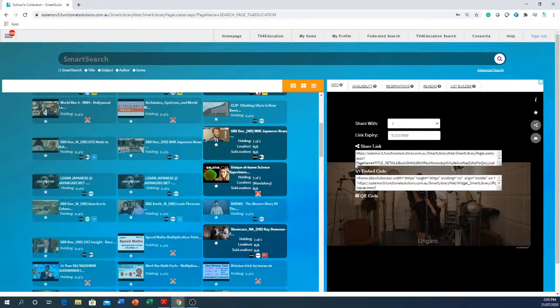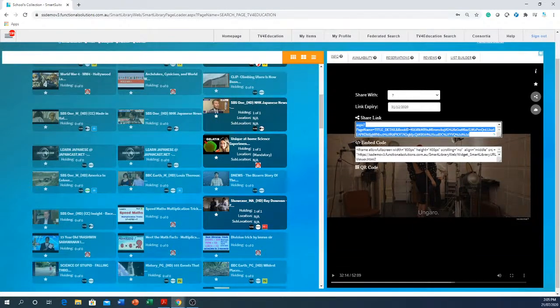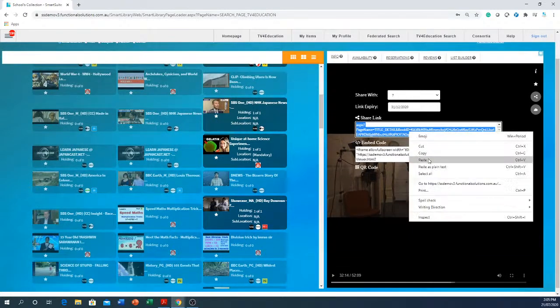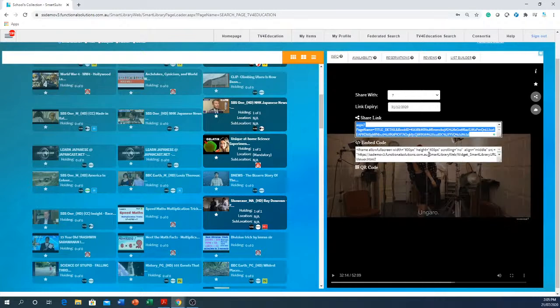Now, if you want to share it with them, you just click on the start of the HTTP, highlight the entire URL, and then right click with your mouse and copy and paste it as an email to your students. Put it into a learning management system, put it into any other library system. We don't care where you put that link, as long as wherever you are putting this link, you also put in the same place the link like